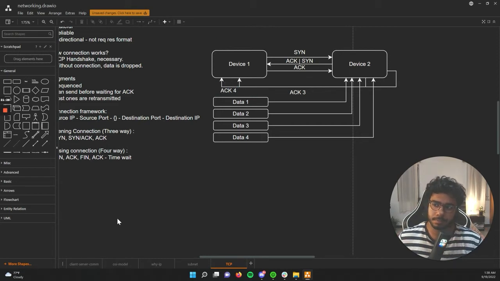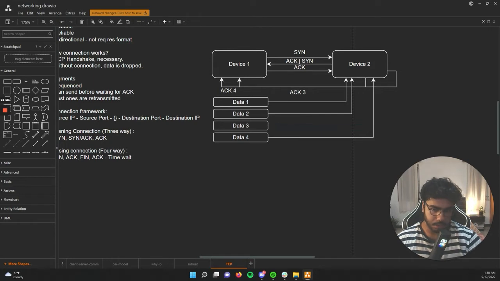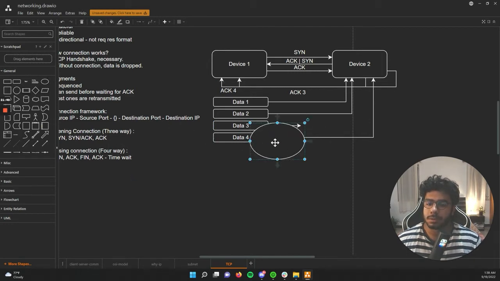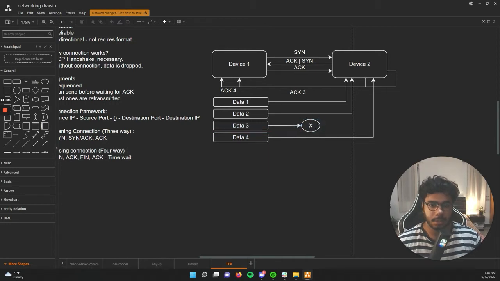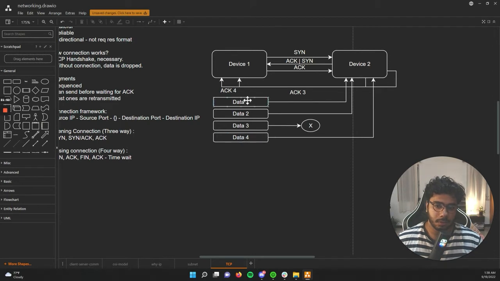Now let's assume data 3 got lost somewhere. Let's say device 1 sent data 3, of course, but device 2 never received it. Let's say it got lost in the void of the big internet somewhere. Now what would happen? Because if it were to consume data 4 without data 3, it would have to order them in a manner and the data would be corrupted. Since one piece of the data is missing, the whole data would be useless because it won't be able to reorder them